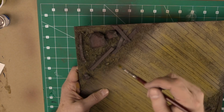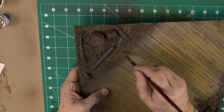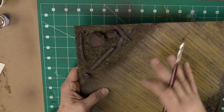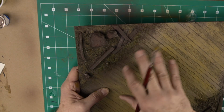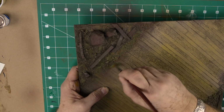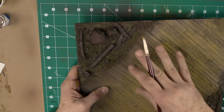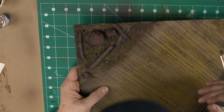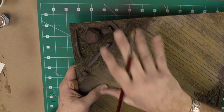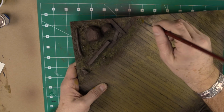So now gently, I'm just going to accentuate some of the front here where there's grass, or supposed to be grass. Now even on this base, when you really look very closely, you can see grass straws on there. So there is simulated grass on there. You just have to touch it up and highlight it. You can also, and I think Andy did it off Handy Headquarters in his video, sprinkle some static grass on it. You can do that too. Sky is the limit, but I just wanted to show you that without any extra except the paint,